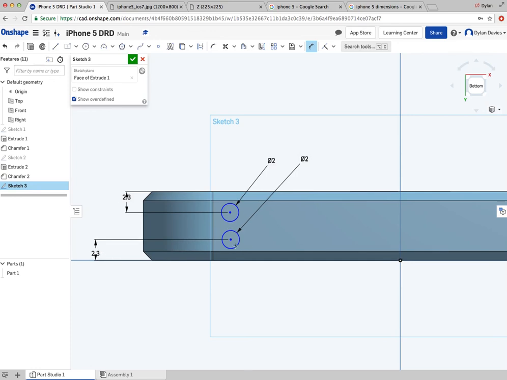And there's one dimension that both these circles are missing now. Currently these circles can move in the horizontal axis, so I need to lock it. Center of the circle to the outer edge. I could have done the opposite side, but this edge is closer. So if I set that to 10,